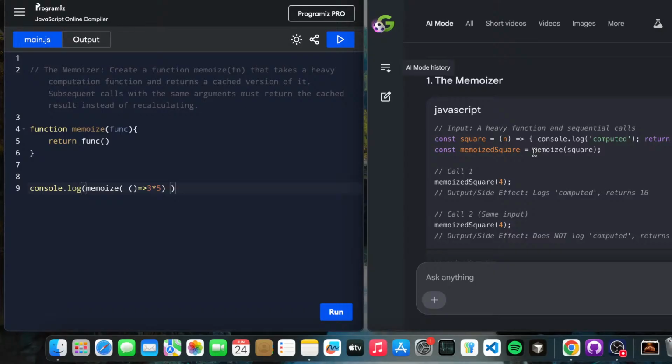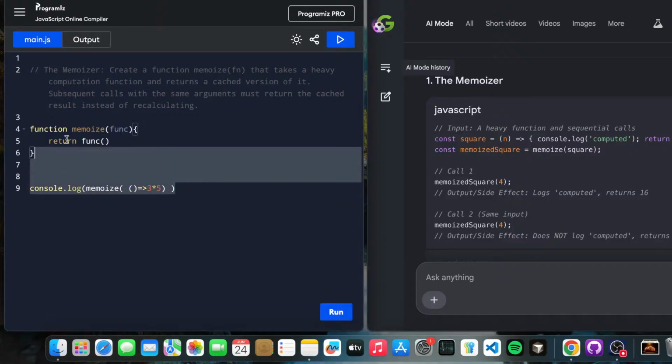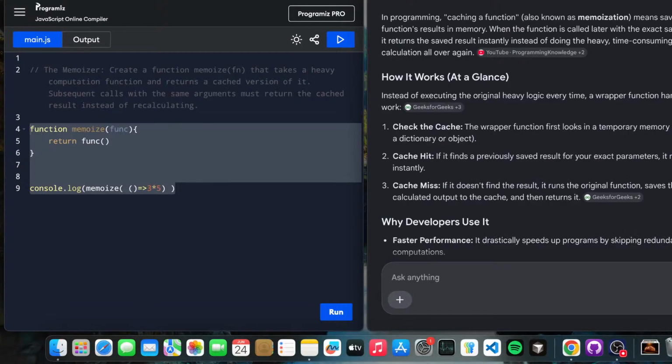Okay, so memoize: effect, heavy functions and sequential call. Memoized has been called on a square thing. So this is also an example of memoization, right? Let's just cross verify whether this can be an example of